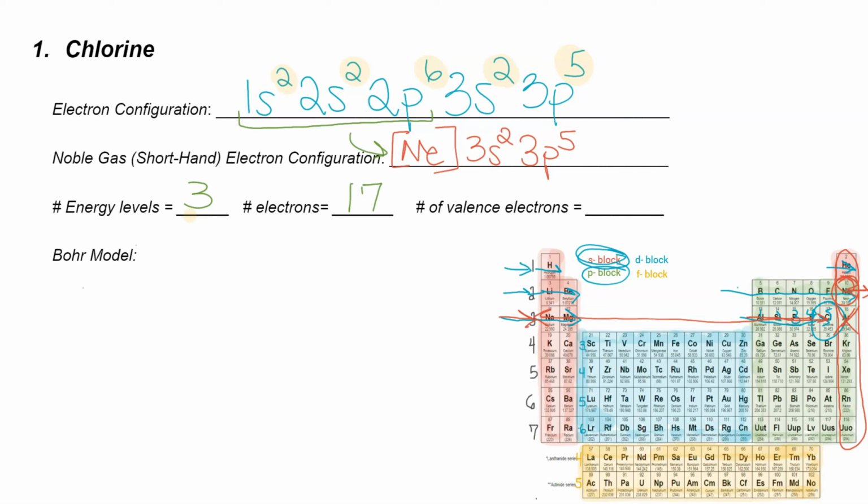And then the last thing is to figure out the number of valence electrons. So we need to figure out the valence shell. The valence shell is equal to our number of energy levels. So our valence shell is going to be energy level 3. To figure out the number of valence electrons, all we need to do is look for all the electrons in energy level 3. So I see a 3 here in this s orbital, and there are 2 electrons in that orbital. And then I see a 3 here, and there are 5 electrons in this p orbital. So our total number of valence electrons is going to be 2 plus 5 for a total of 7 valence